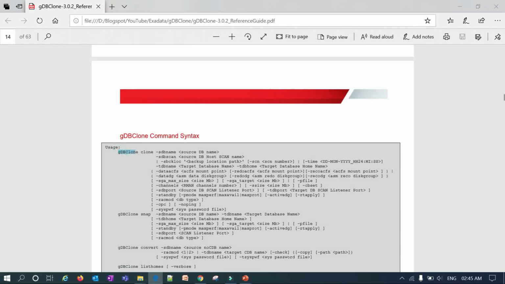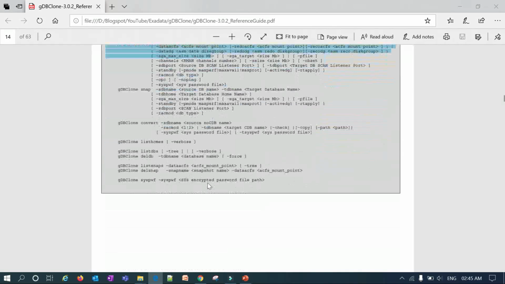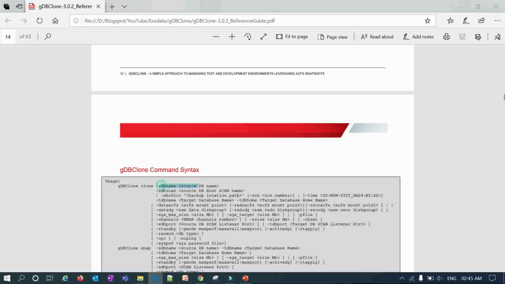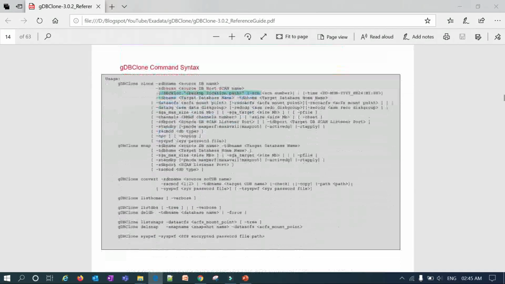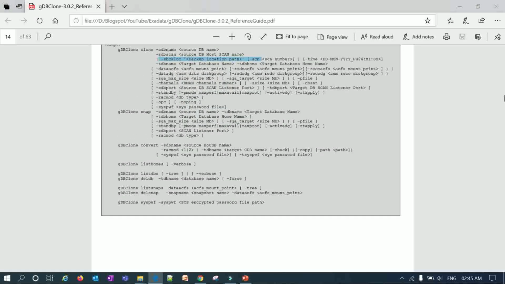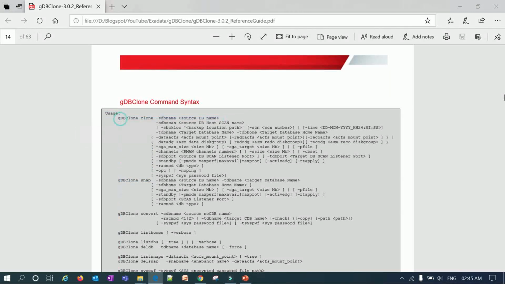Under usage you can also see GDB clone, and you can use this clone from the source database. You can do an active database duplicate, or from the backup location you can also create your master database. And once you create your master database, you can create a snap database. You can see here, right? GDB clone, source DB name, your source production database name, and you can use the ACFS mount point, or you can use SGM access. All these options are explained very well.